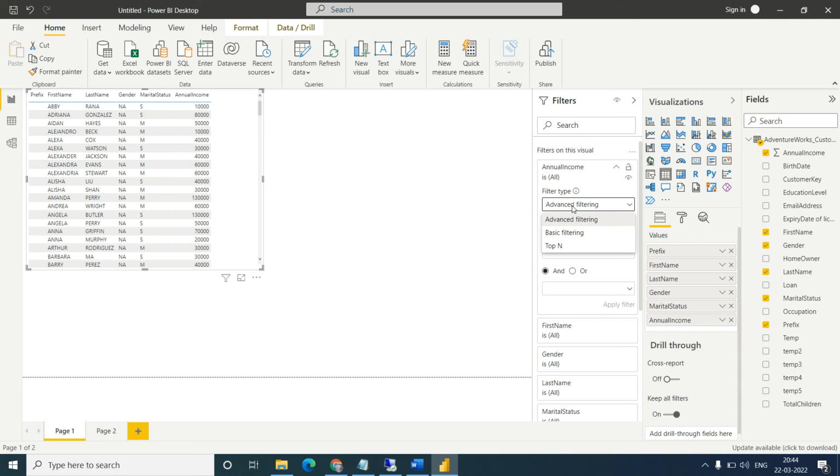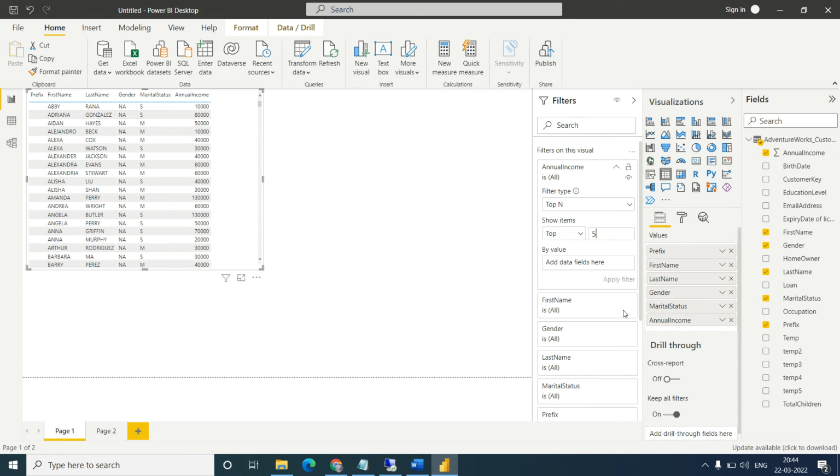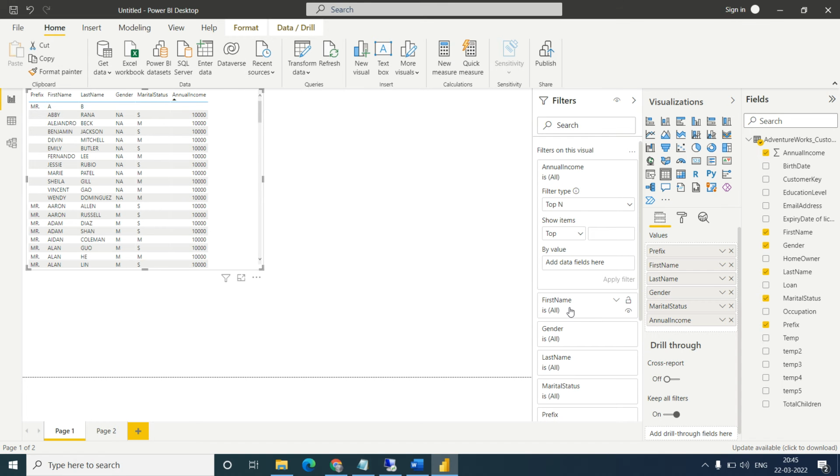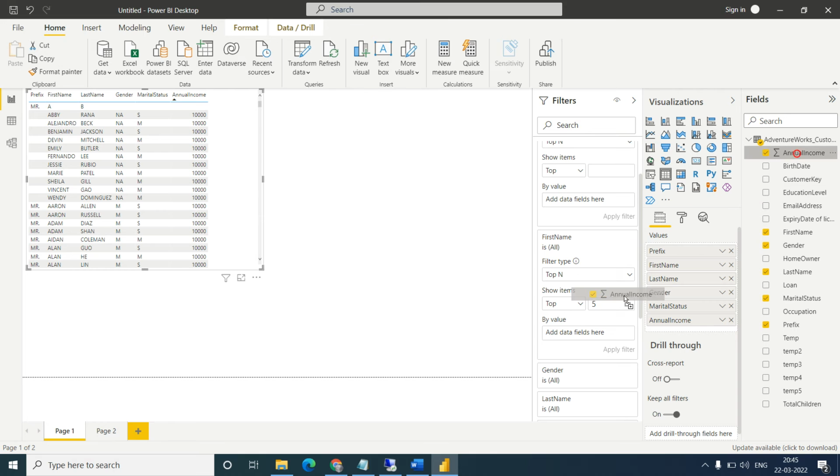We need to go to the annual income, click on the top 5, and add the annual income into the view. Go to the first name, go to the top 10 and add 5, the top 5 customers whose salary is more.